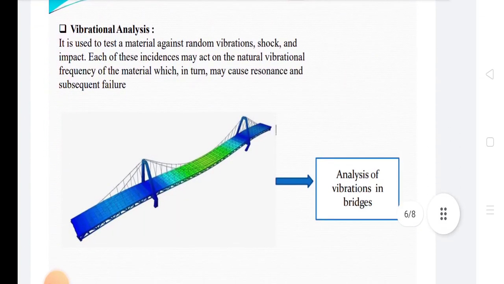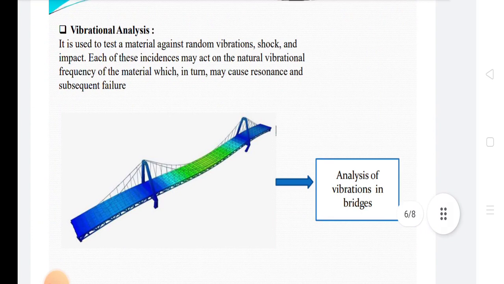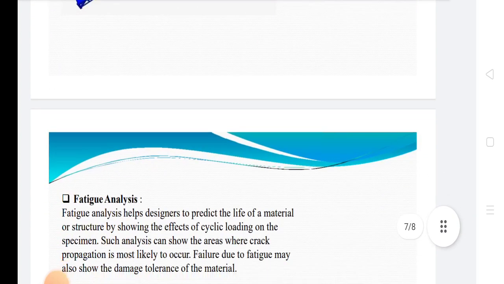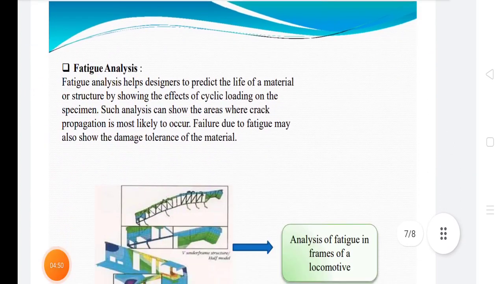Vibration analysis is used to test a material against random vibrations, shock and impact. Each of these incidences may act on the natural vibrational frequency of the material, which in turn may cause resonance and subsequent failure. Then fatigue analysis